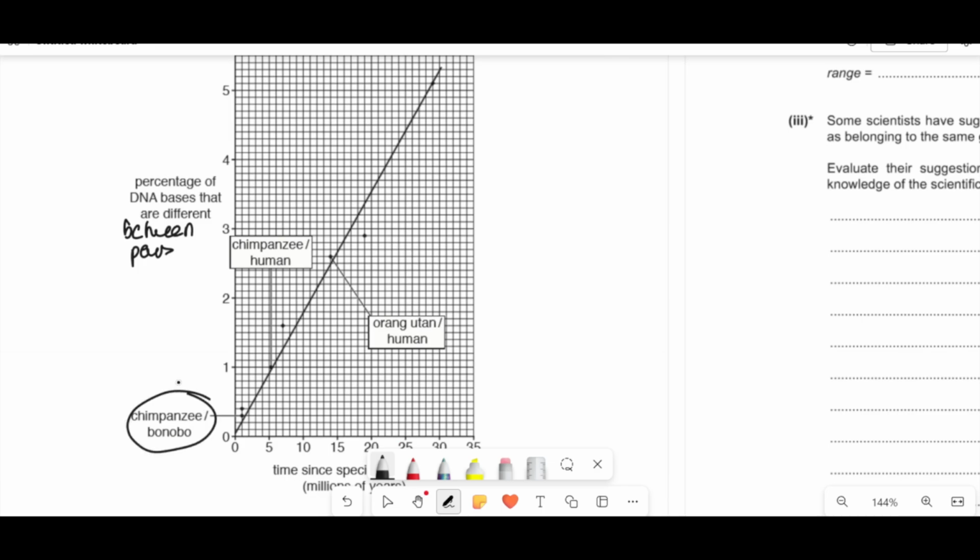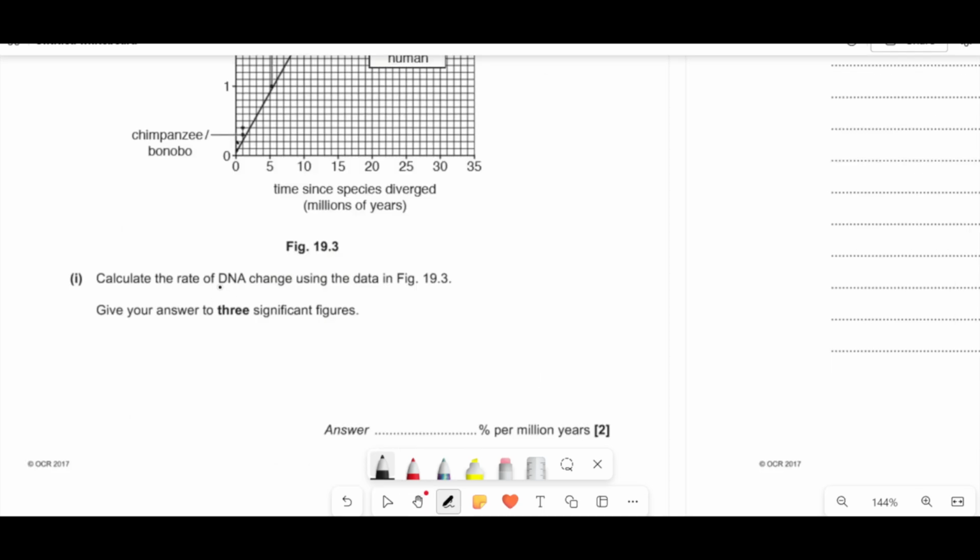So if we look at chimpanzee and bonobo, their percentage difference is 0.3% different between a chimpanzee and a bonobo. Whereas a chimpanzee versus a human, there's 1% difference. Fine. Now it says calculate the rate of DNA change using this data in this figure and give your answer